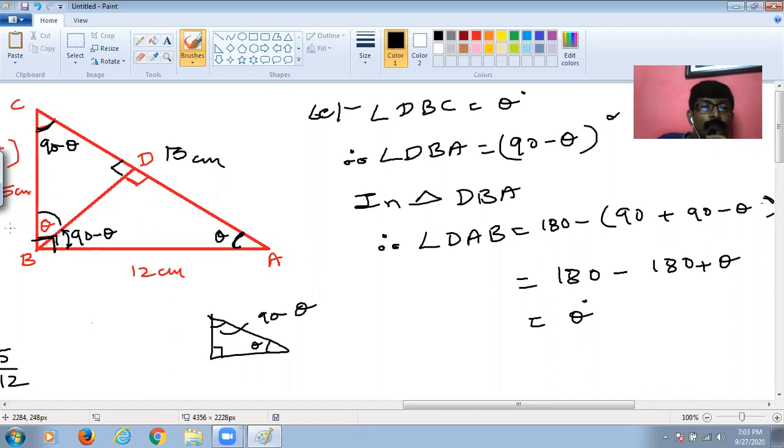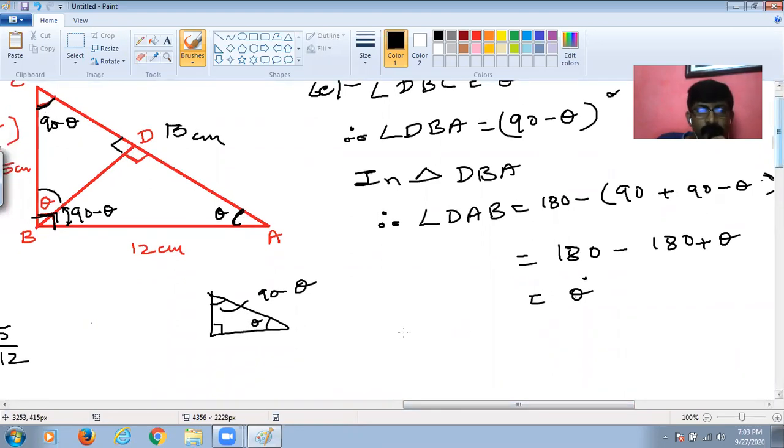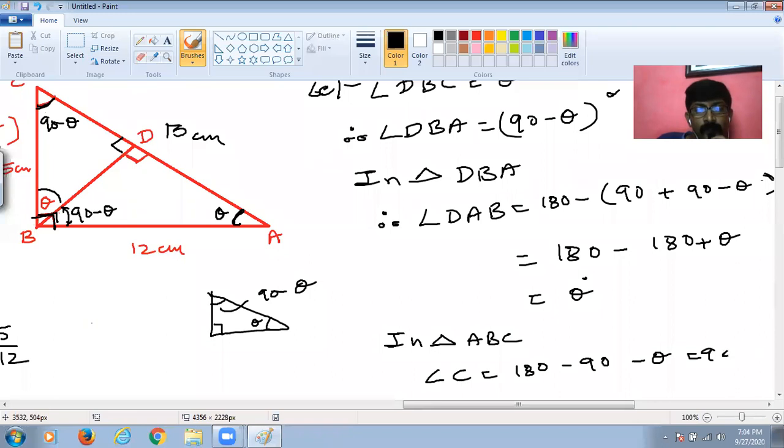Now we can select the full triangle. Now we have to actually write it on this portion. Please follow my cursor. We have to calculate angle C. So what will we write here? In triangle ABC, we know that angle B is 90. We know that this angle is theta. So this angle is going to become 90 minus theta. So angle C would be 180 minus 90 minus theta. So this becomes 90 minus theta. It's that easy. That's it. This is all you had to write, students.